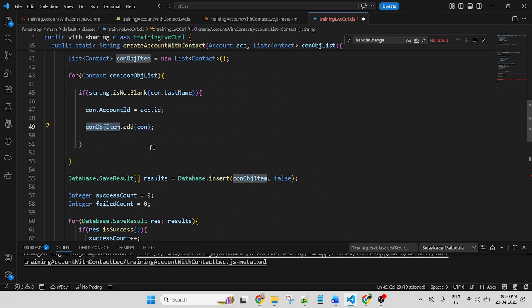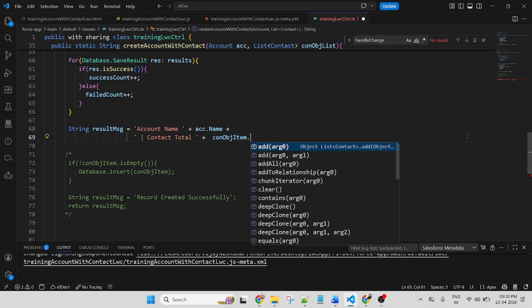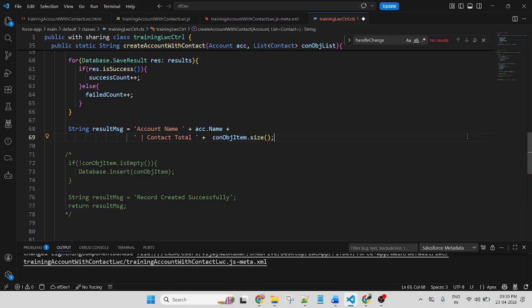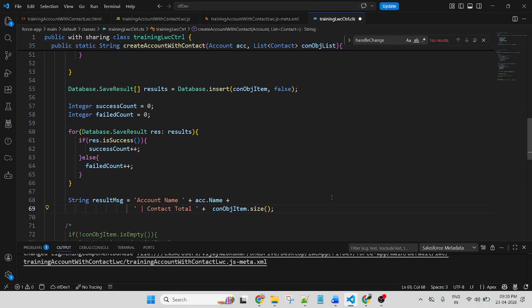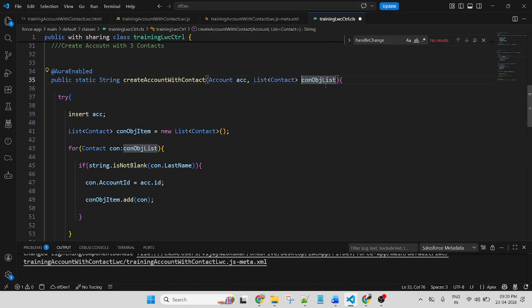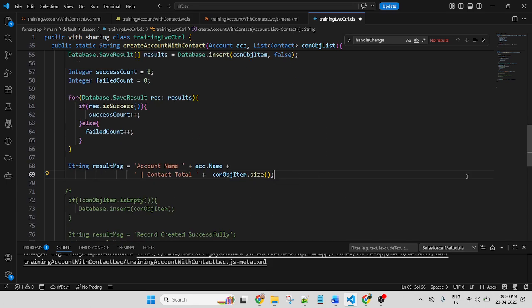This one inserting success count, right? Dot size. This one, open it. Here I'm calling it. It will display the size, how many contacts, then display how many records were created successfully.